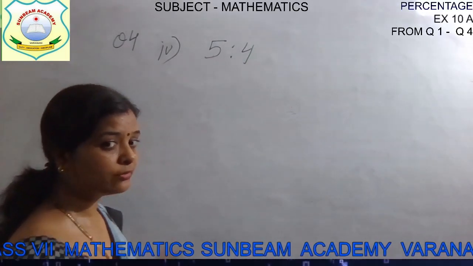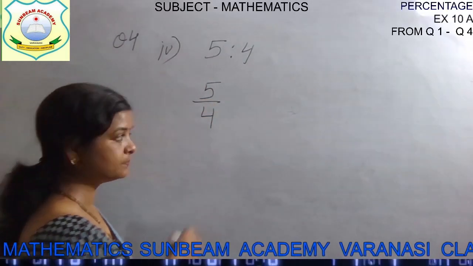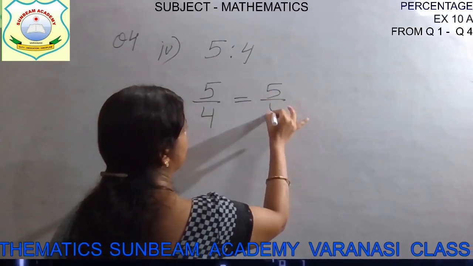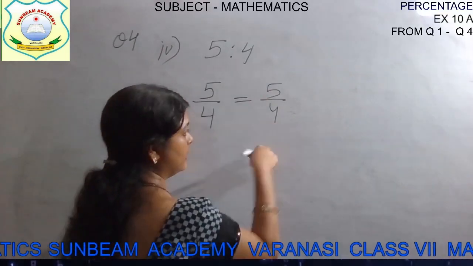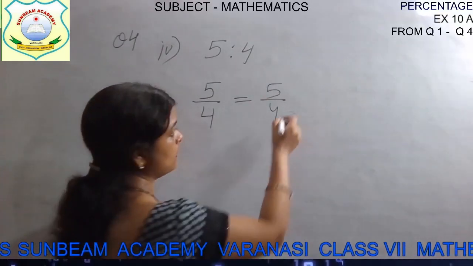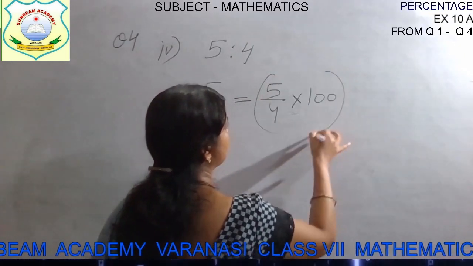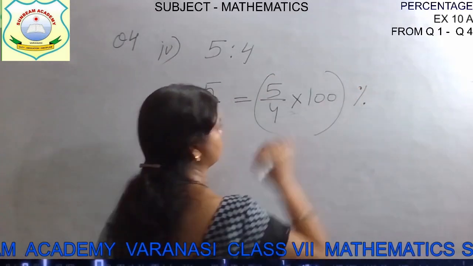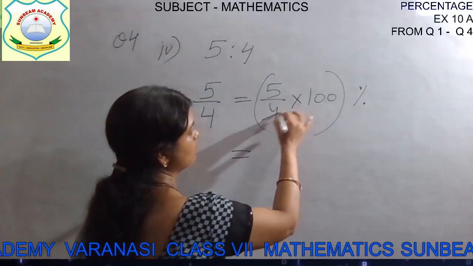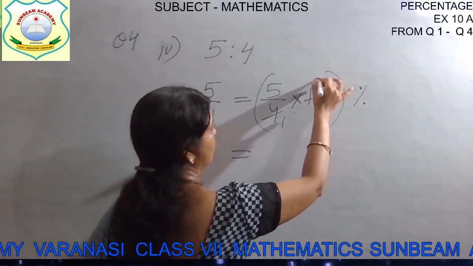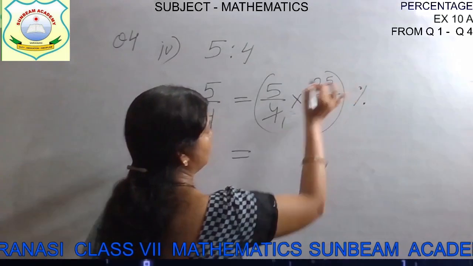So our first step will be to write it in the form of a fraction. Written. Then 5 by 4 can be converted into percentage by multiplying it with 100. And if you are multiplying by 100, it means you have to put this percentage sign. Now these two are equal. Now simplify this. 4 ones are 4 and 4 twos are 8. 2 is left, children. 20. So 4 fives are 20.